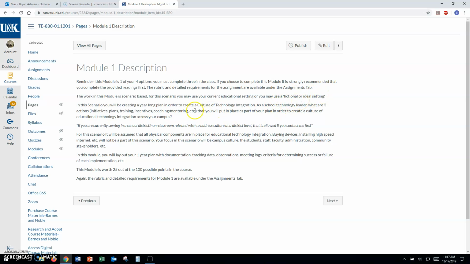Now, as we go through this, you may think, well, I would do something that Dr. Arman's not mentioning. That is totally fine. I am not the holder of every possible option. These are things that came to my mind as I think, if I was the one doing the assignment, what are some things I would talk about? If you think about something else, use it. If you want to ask me about it first, email me. We'll talk about it. If you feel confident going for it, go for it.